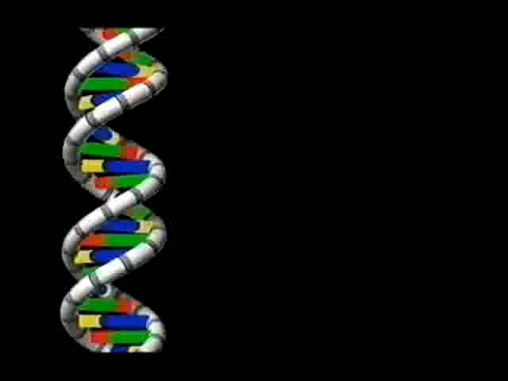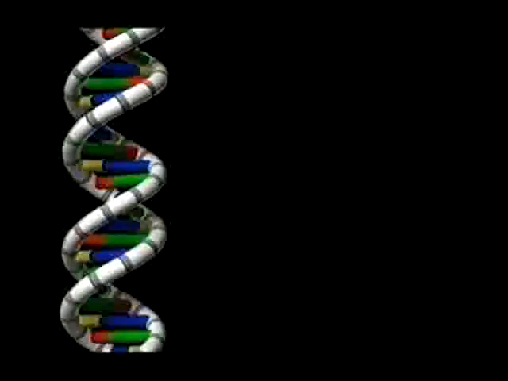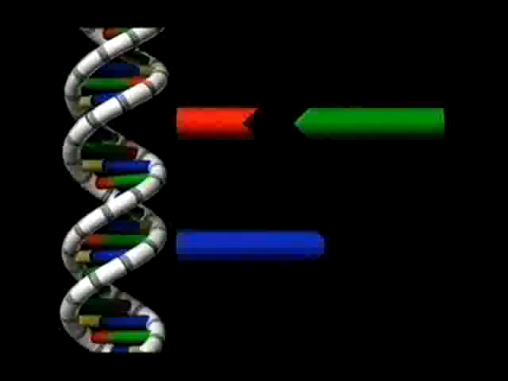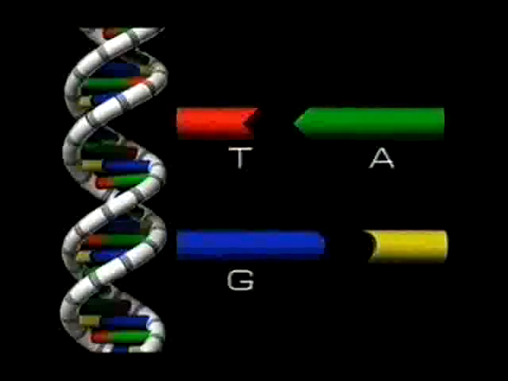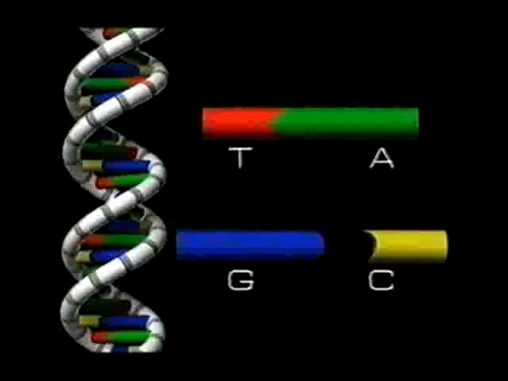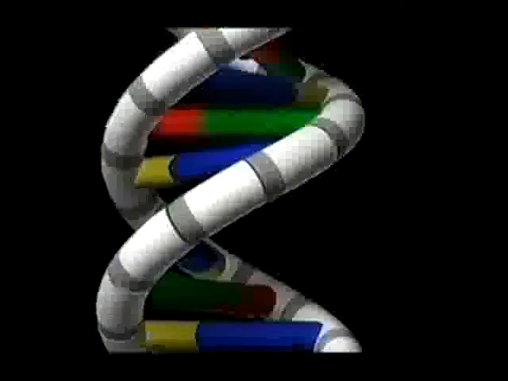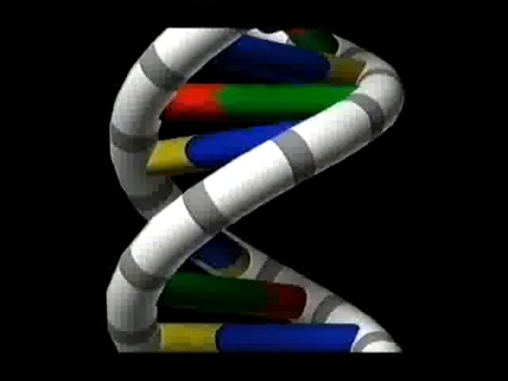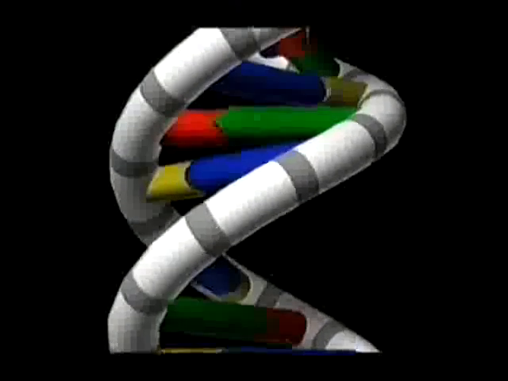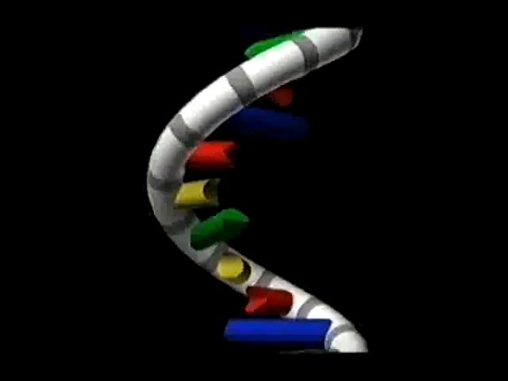Their bases project sideways from the spirals and connect them like rungs on a ladder. The bases are thymine, adenine, guanine and cytosine, or T, A, G and C for short. T attracts and pairs only with A. G attracts and pairs only with C. This specific pairing means that if DNA is split open, freely available DNA building blocks